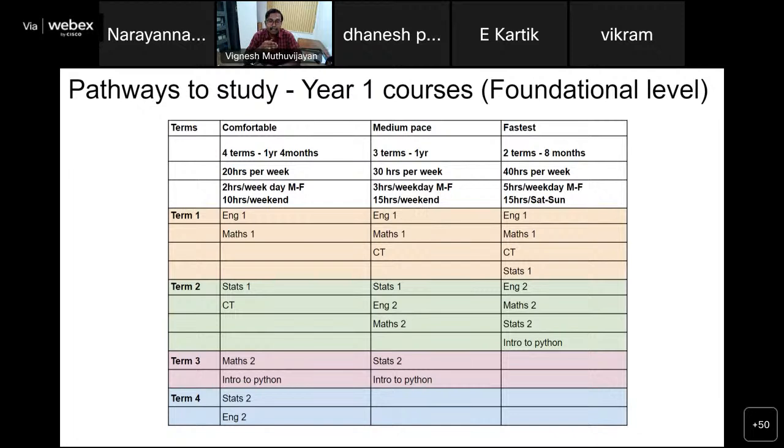Understanding stats 2 is very critical for you to get into the data science diploma. The various topics in the data science diploma build upon stats 2. Similarly, intro to Python is an interesting and challenging course because some of you might have good programming experience, but many of you might not. If you do not have the programming expertise, please spend a lot of time practicing your assignments and writing various programs. Spend a lot of time with the practice sessions and attend the live sessions.